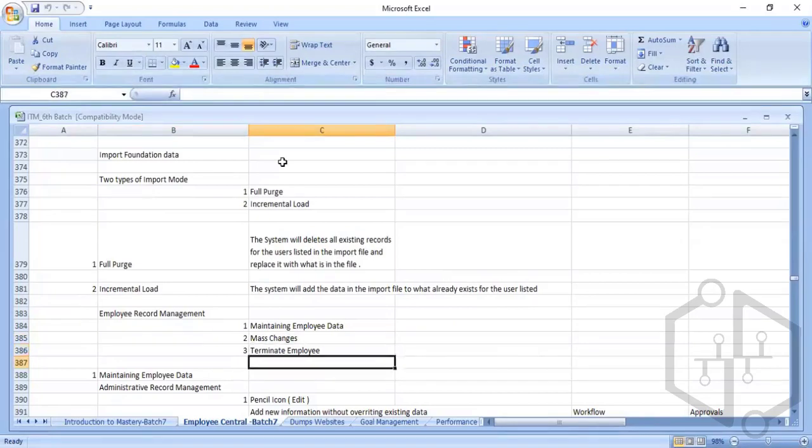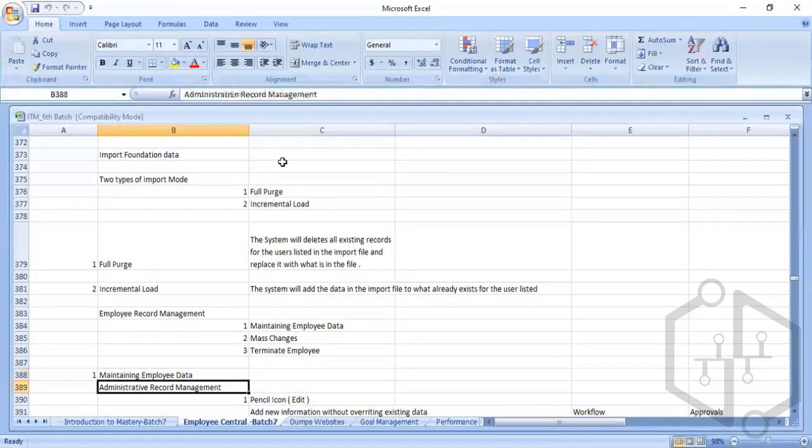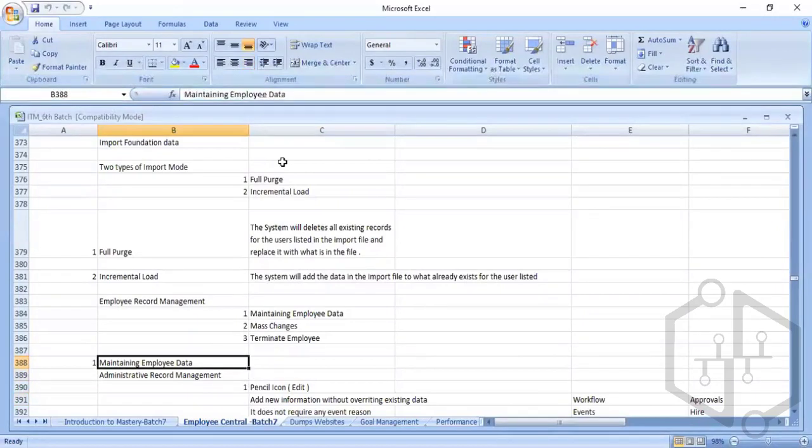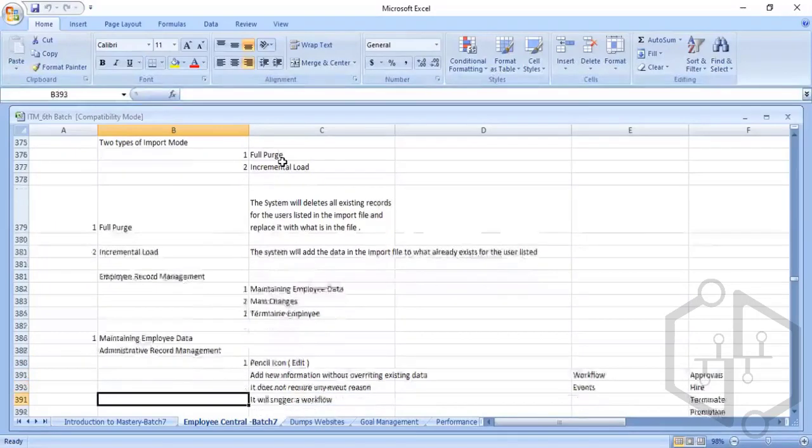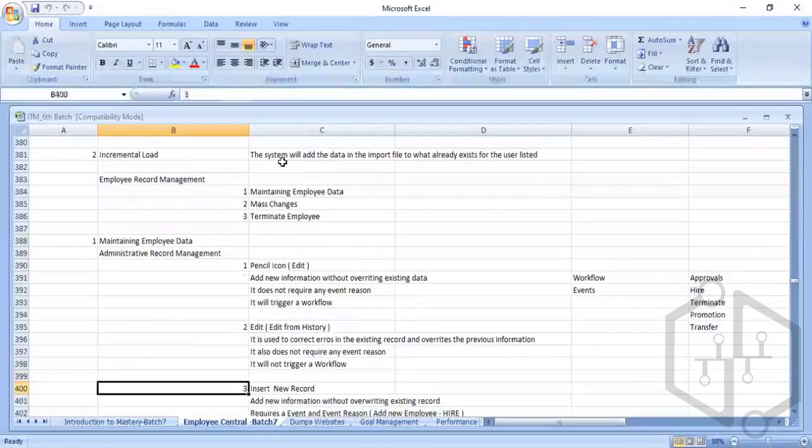Under maintaining the employee data, the first one, we have certain administrative record management. Administrative record management is nothing but the administrative tools which are used in the employee profile. When you open an employee profile, you can see the administrative tools are there, and those administrative tools are divided into